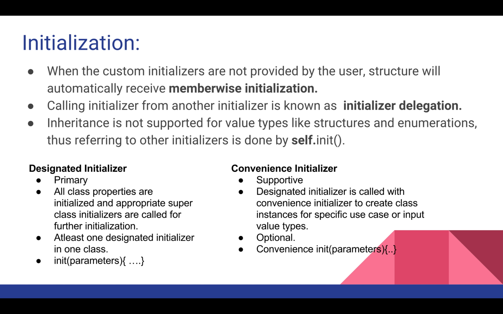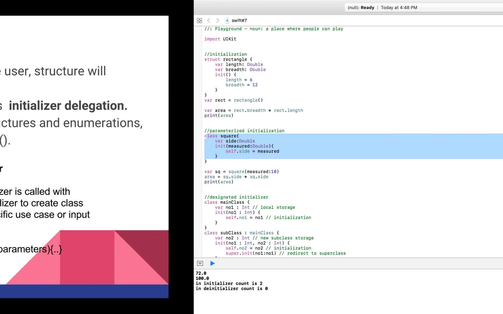Create convenience initializers whenever a shortcut to a common initialization pattern will save time or make initialization of the class clearer in intent. Convenience initializers are written in the same style but with the convenience modifier placed before the init keyword. For example,